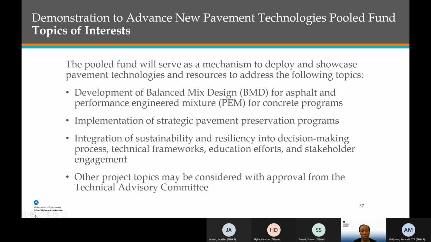So those are what Federal Highway has identified right now as topics of interest and somewhat of a priority for our program. However, when the technical advisory group is convened, there will be opportunities to consider some other topic areas as proposed by state DOTs.